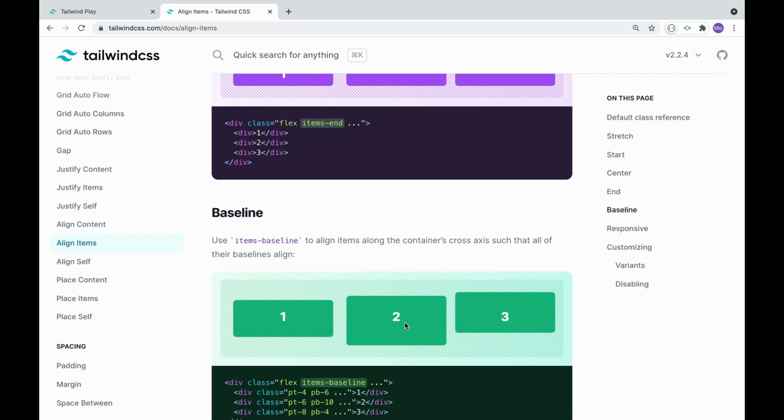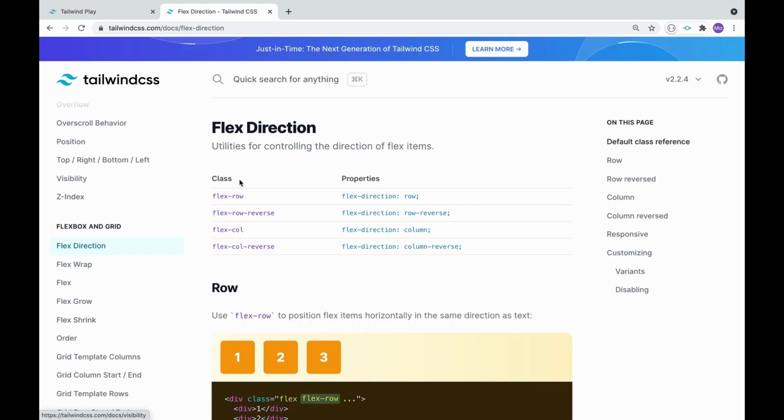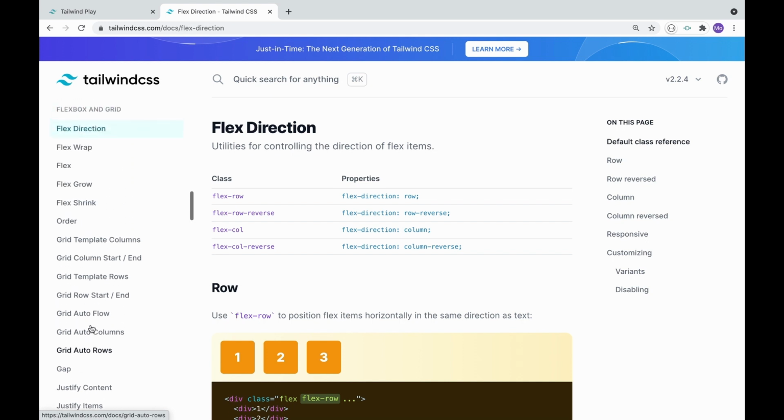So now we also have stretch, which we didn't cover. Stretch basically stretches the height to match the container, so it will be stretched out. So that pretty much covers align items. So this summarizes our flex and grid group of classes, as you can see from all the sections that we have covered. If you need anything and you want to learn about it more in detail, just go on the Tailwind documentation. I highly recommend it because it explains everything in detail. But yeah, that basically covers the entire Flexbox model and grid system. So now